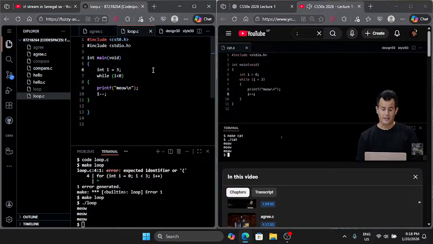But there's another way I could do this. If I want to count like a normal person, like start counting from 1 and count up 2 and through 3, I could do this, but this is correct. It would iterate